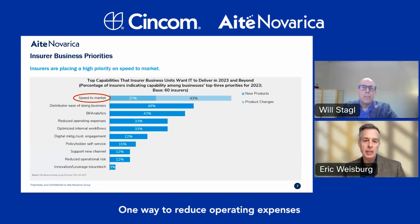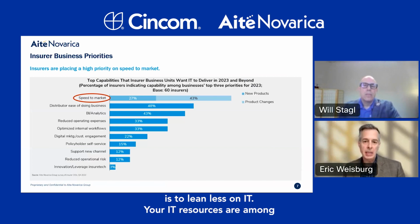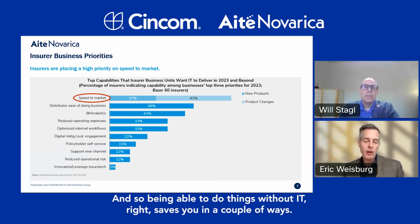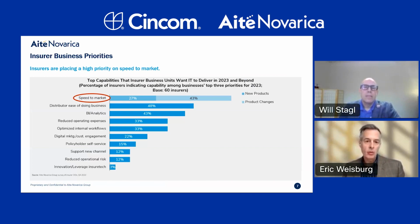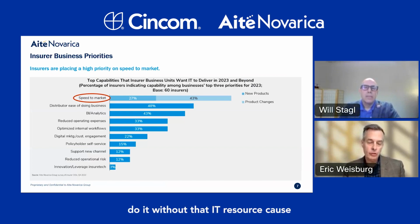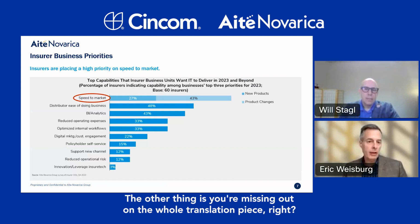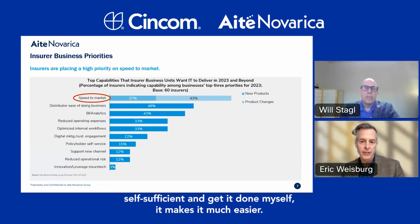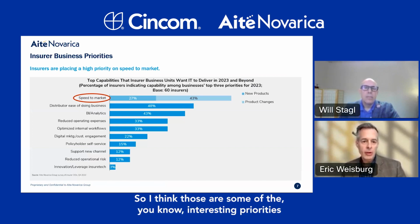One way to reduce operating expenses is to lean less on IT. Your IT resources are among the most expensive IT resources you have within the insurer. And so being able to do things without IT, right, saves you in a couple ways. One, you're not spending on that IT resource because you're able to do it without that IT resource, so they can be focused on other things. The other thing is you're missing out on the whole translation piece, right? Instead of me explaining to IT what I want, if I can be self-sufficient and get it done myself, it makes it much easier. So I think those are some of the interesting priorities that insurers have decided to focus